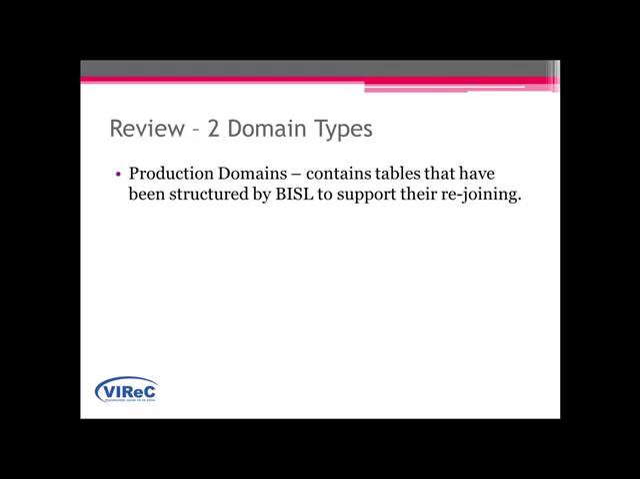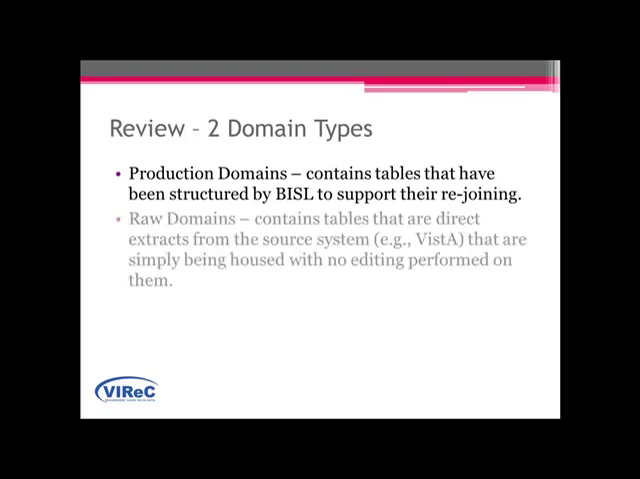For today's talk, it will also be important to remember two concepts from last week's talk, when we talked about the two types of domains that exist in the corporate data warehouse. The first is referred to as production domains, and these are sets of domains and tables that have been structured by BISL, the group that architects the CDW, to support their rejoining. In other words, they've done a lot of work on these domains. The second type of domain is called a raw domain, as you'll recall, and it contains tables that are direct extracts from the